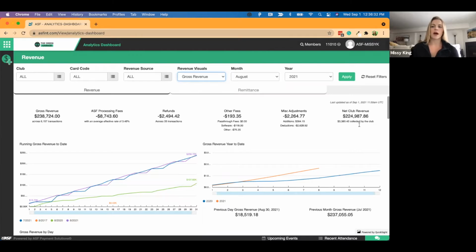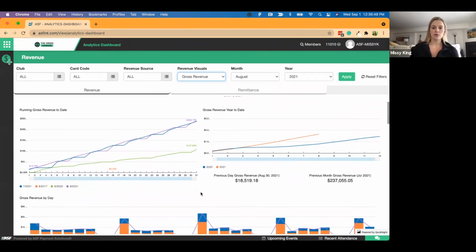Ultimately, that will leave you at your net club revenue. So this will be the bottom line of what's really being brought into your club on a monthly basis. So that's that top level view of what you're going to see at your club. If we move down the dashboard, you can then see that there are a few very powerful visuals that can help you gauge your performance and where you're going this year